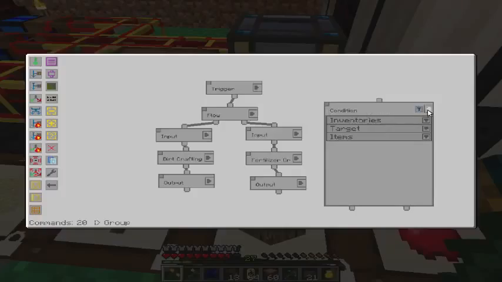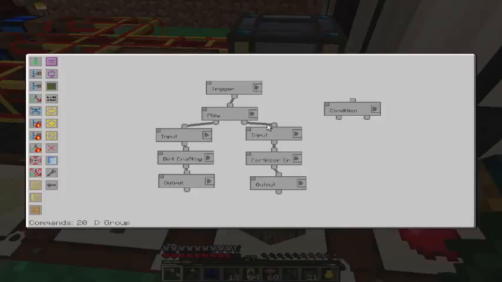So what we want to do is break that and put it here. And then this is the condition if true. And the condition if false is just going to do nothing. It's not going to... But you know what? You know...